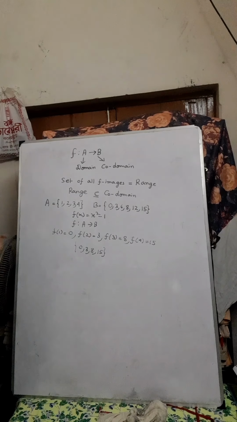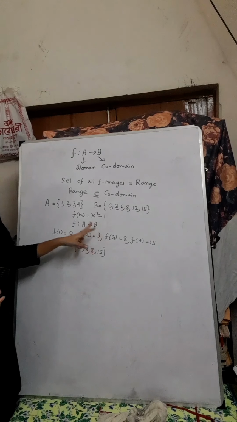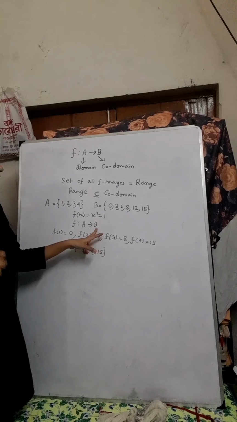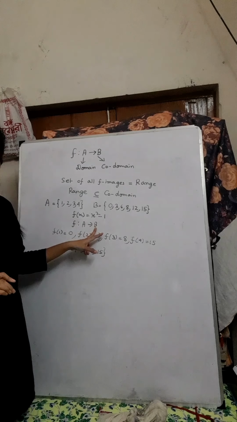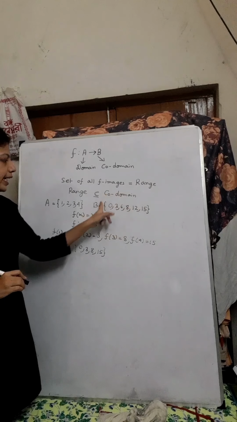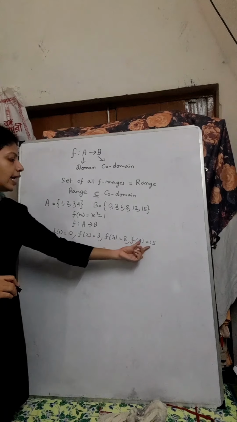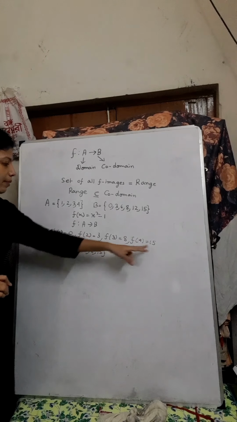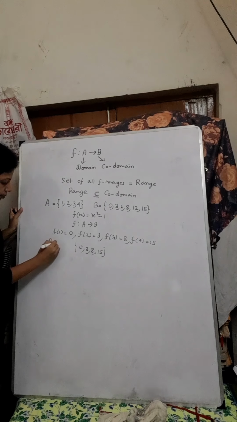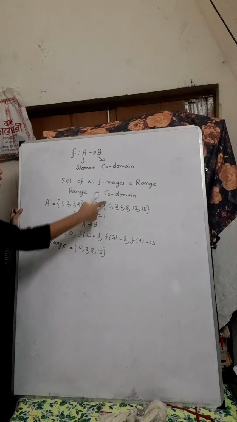I will repeat once more. In the sum, two sets will be given. So from here directly we can say A is the domain and B is the codomain. But all the time B is not the range. Just like here, some extra elements are there in set B. So whatever the images will be there, if I write all the images in one set, that one is the range. So range is just a subset of codomain.